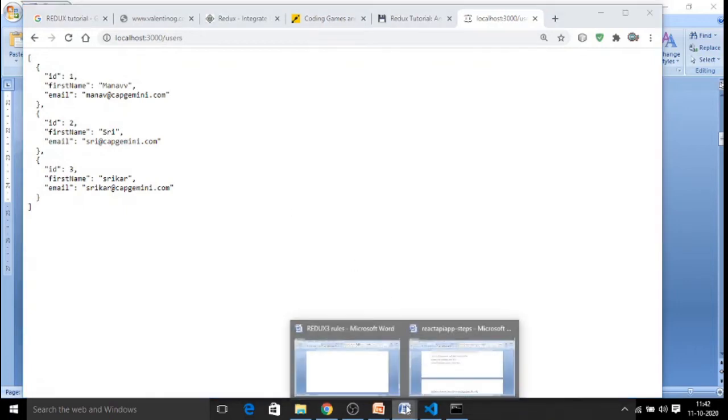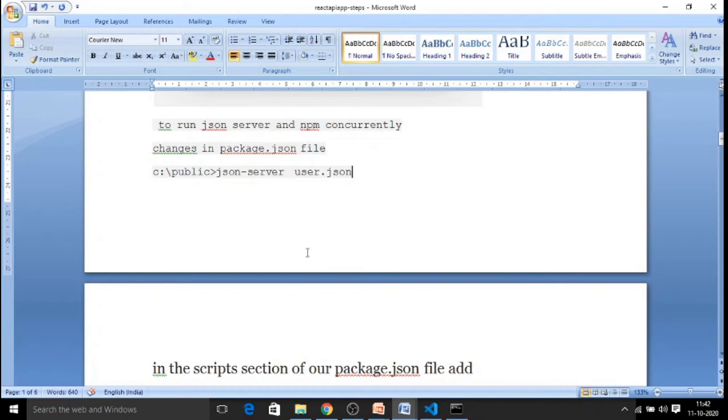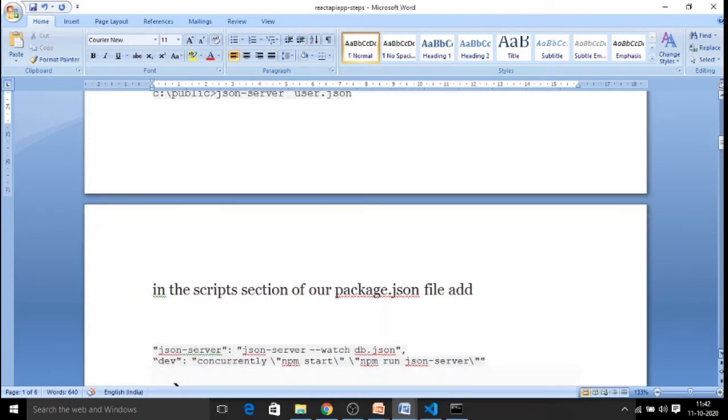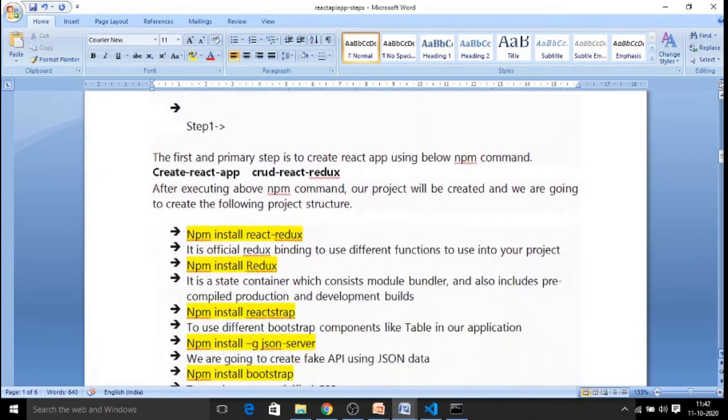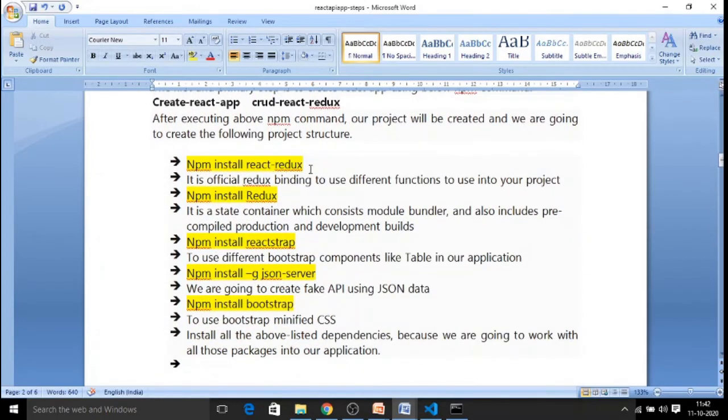The next step: what further libraries are needed for our application? We need a set of libraries: React Redux and Reactstrap for Bootstrap. There are no other libraries we are going to use.